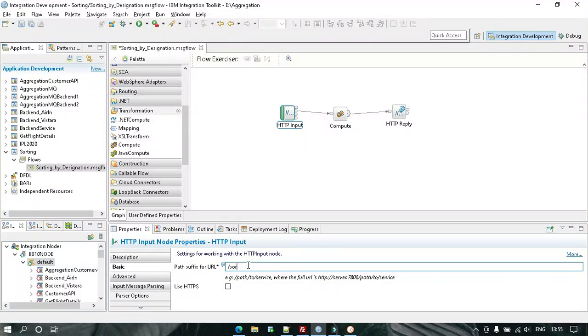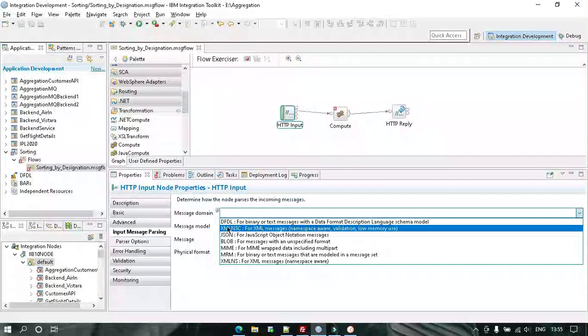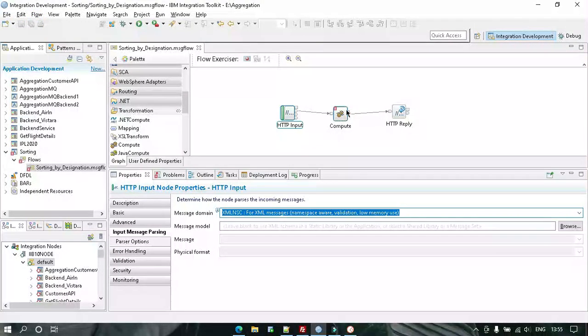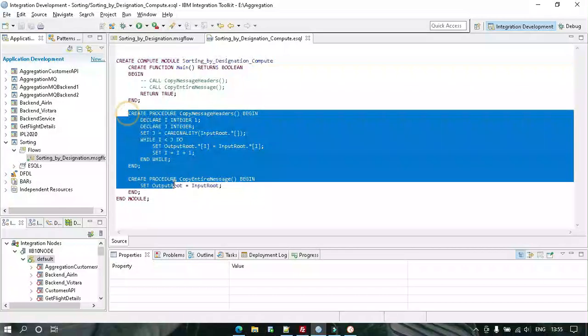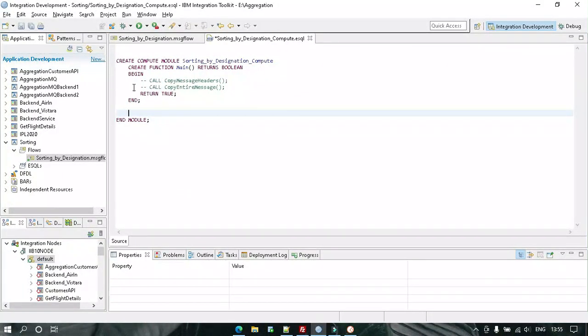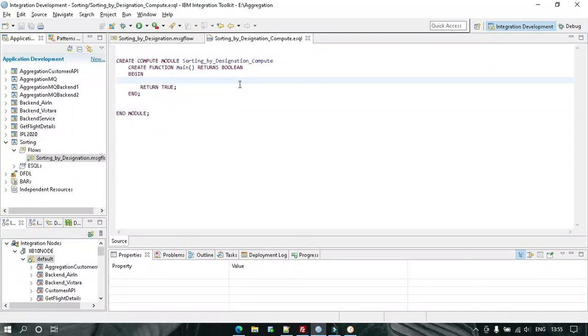I'm giving the resource name as sorting. It will be receiving XML, so here we need to select XML. Now let me get rid of this unwanted code first. Now let's write some code.